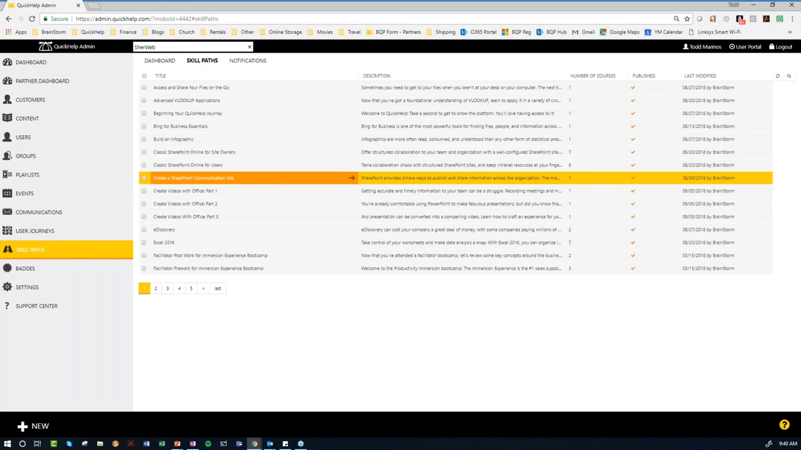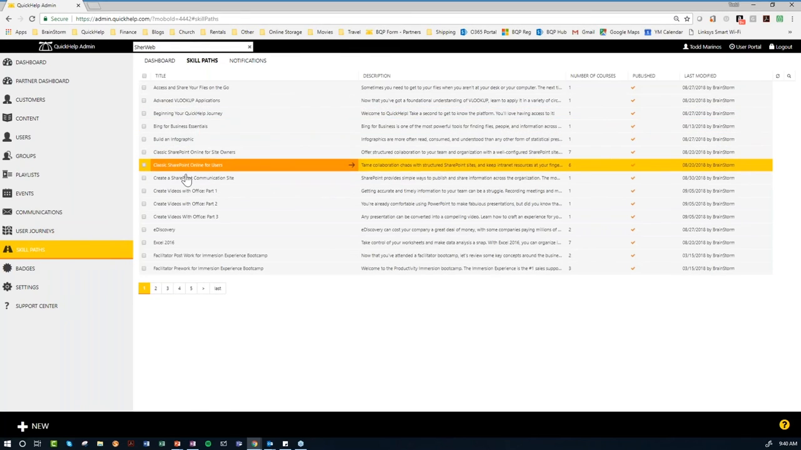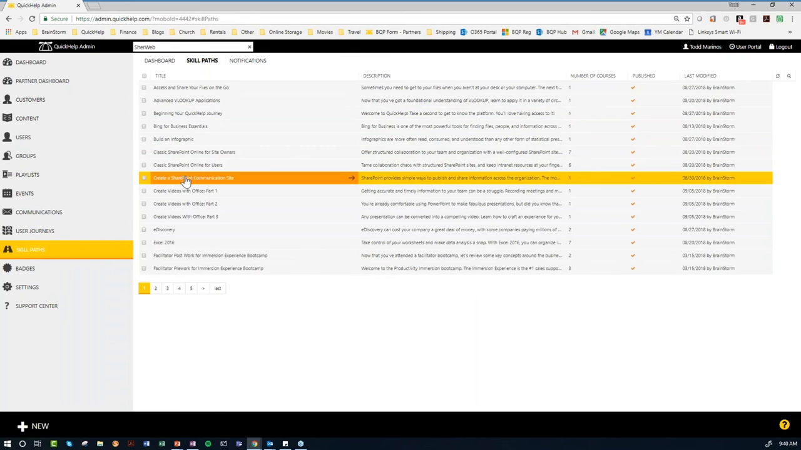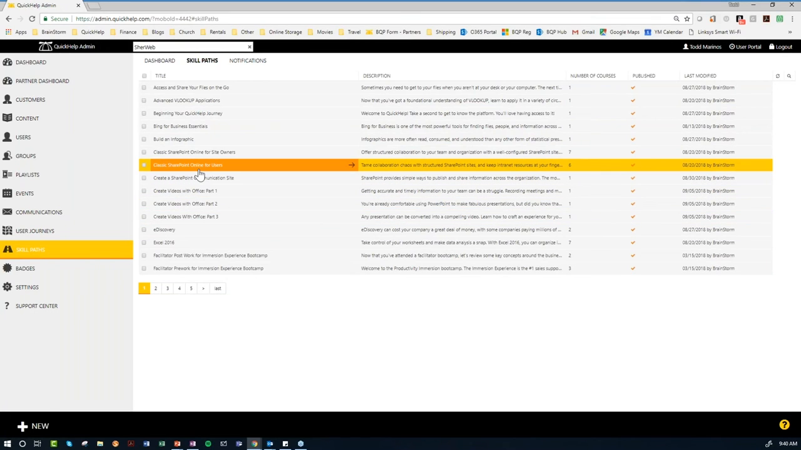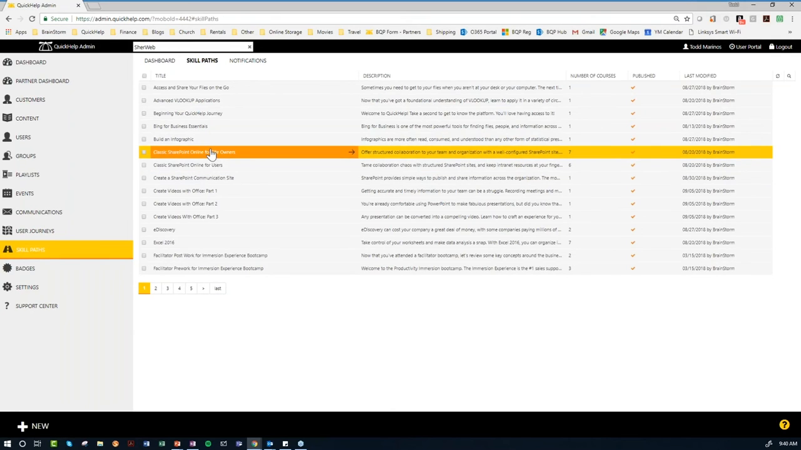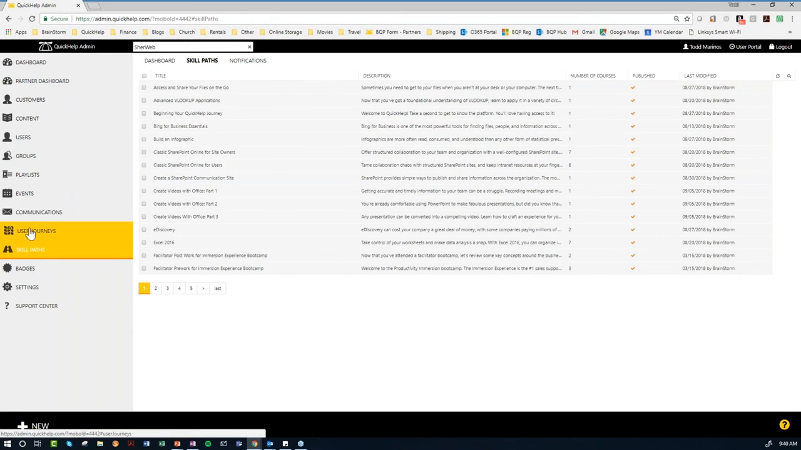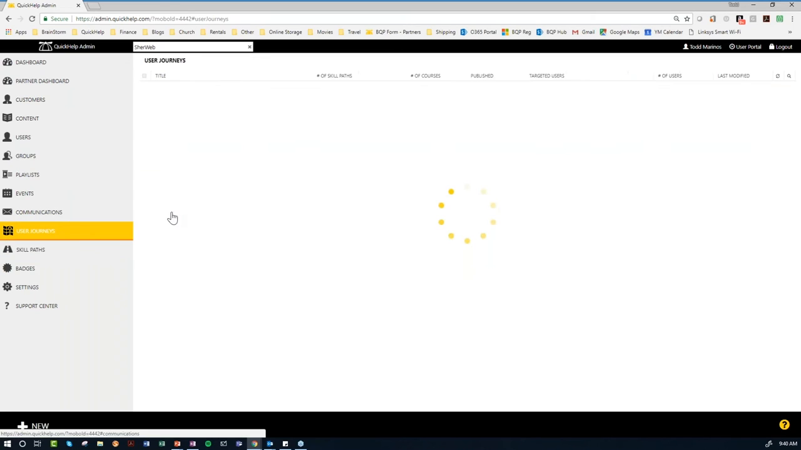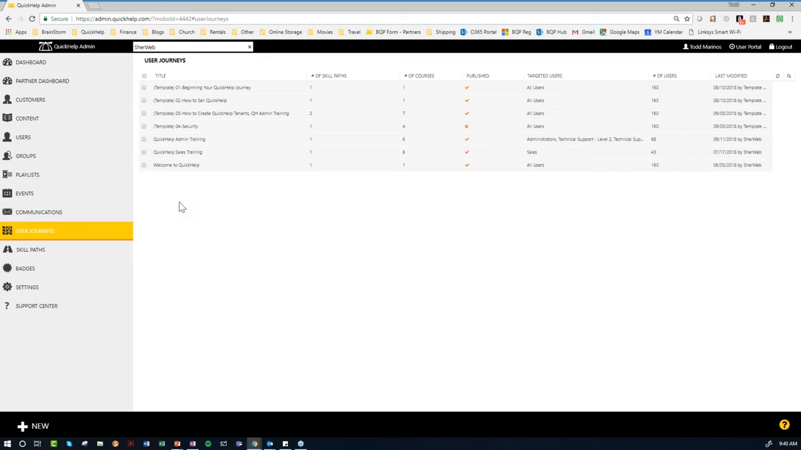All right, so skill paths, we talked about those a little bit, how they're made up of groups of courses. This is where you can either publish or unpublish some of these skill paths. Maybe you want to hide certain skill paths that perhaps aren't applicable in an organization. And then user journeys. Think of user journeys as the assignments that you're creating. So you can go in and create assignments, and again, make those assignments to specific groups